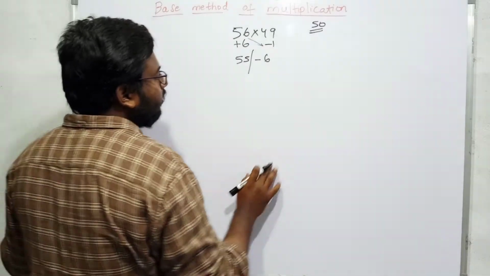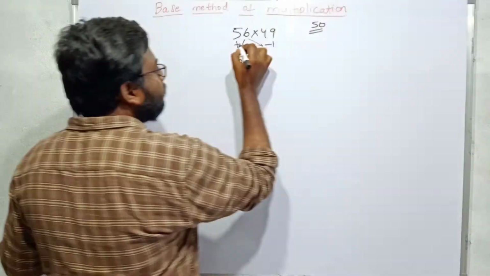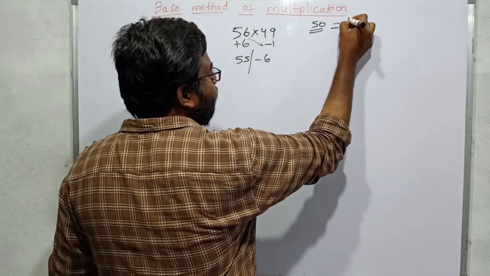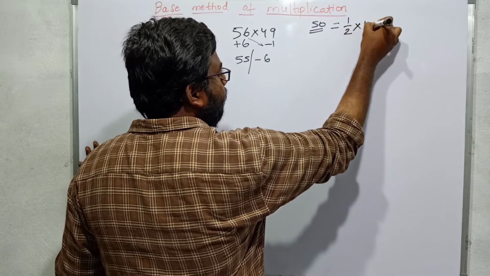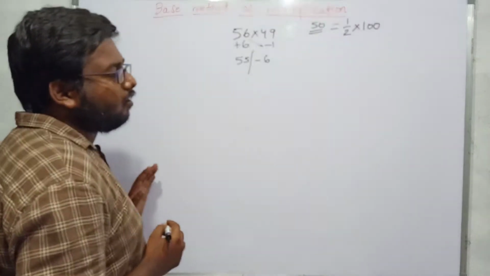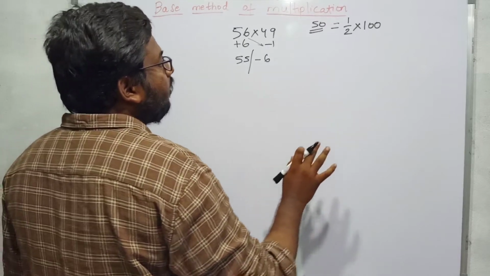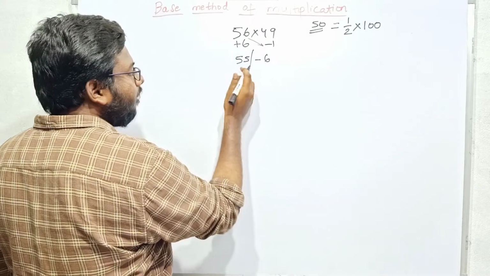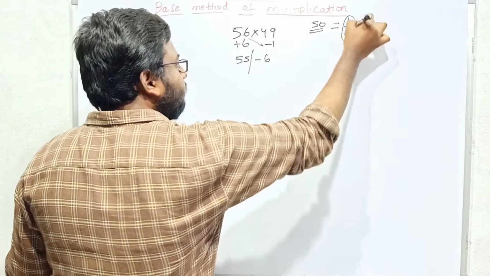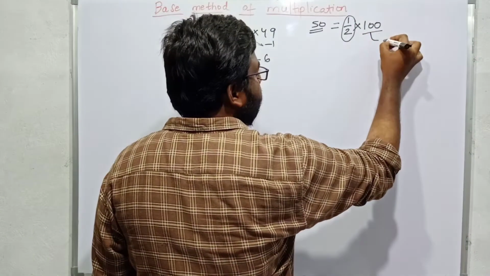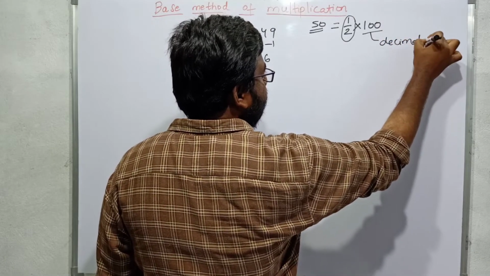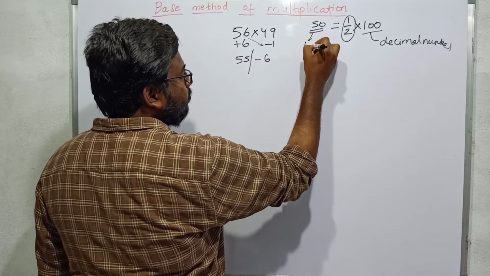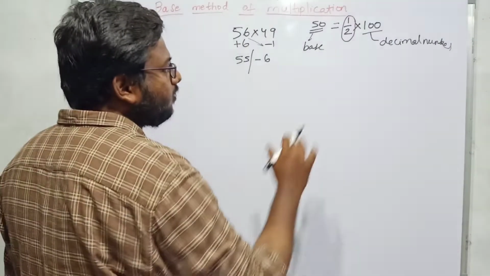And now there comes a little change, because this 50, that means the base of the problem is 50. Then we should write this 50 as a product of a decimal number. That means I can write this as 5 into 100. So if I can write this as half into 100, not 5 into 100, half into 100. So what I want to do is, here 1 by 2 is the multiplication factor. Here 100 is the decimal number. This 50 is the base number. This is the base and this is the decimal number.